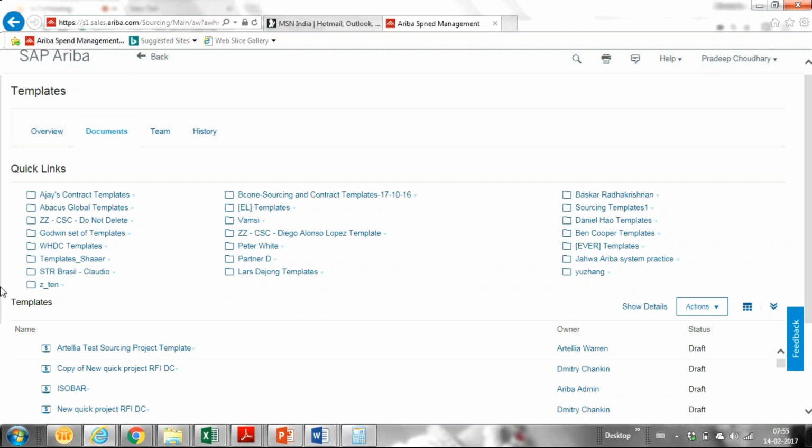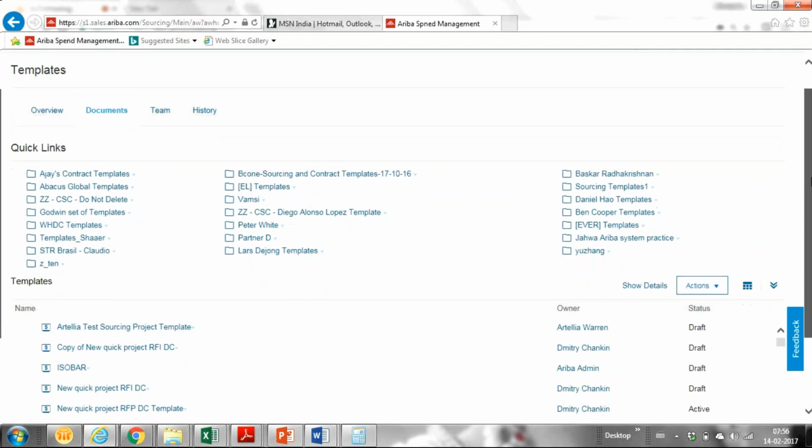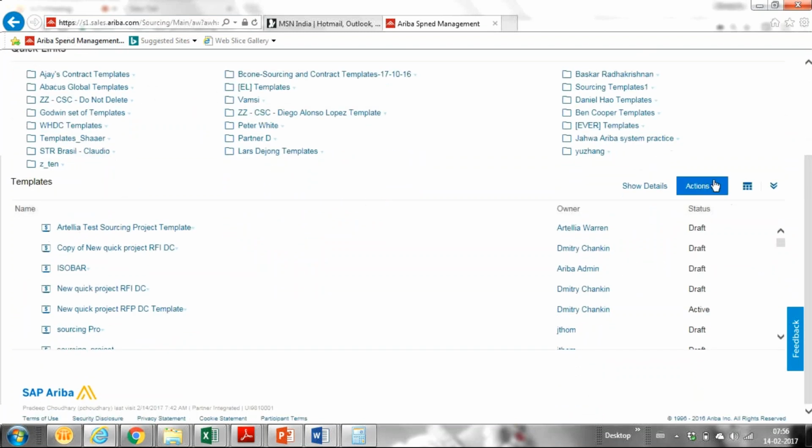So it goes in this way. Once all the requirements are done, then we have to summarize and check the overview. Once the overview is done, I mean, once we have everything in place, we publish that event, and it will go for the supplier's response. So I'll show you the same in the auction. I'll also give a glimpse of how e-forms look and how we have to create them. I mean, generally we cannot create them, but